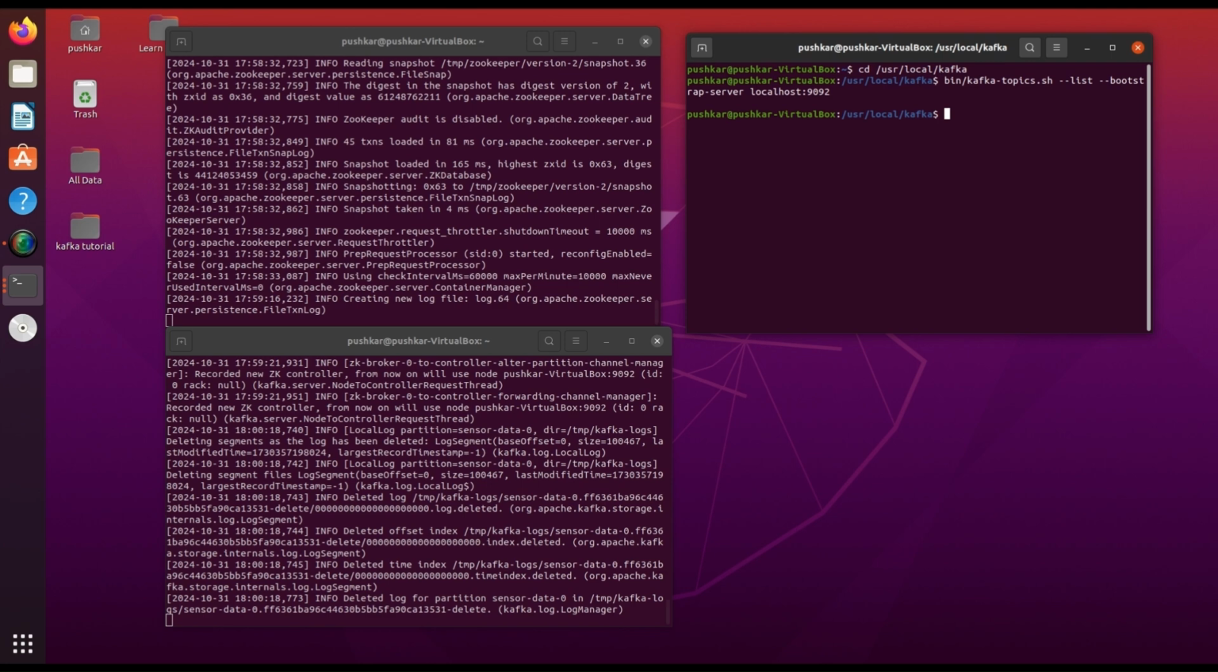With Kafka running, let's set up our topic. A topic in Kafka is where messages or records are stored and from which consumers read the data. So let's write the command to create a Kafka topic. So cd space bin/kafka-topics.sh space --create --topic and your topic name, sensor data,